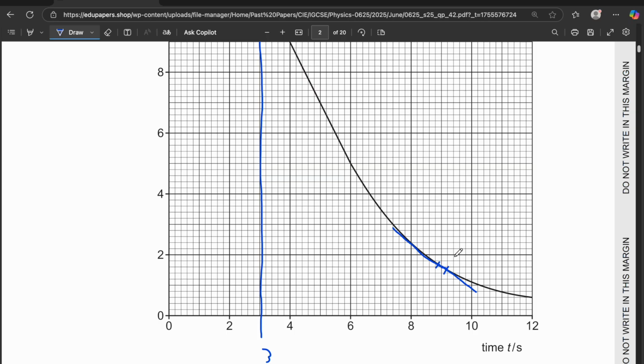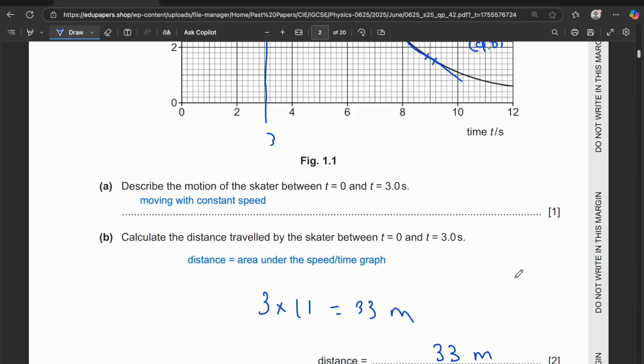So it has to be accurate, right, with the ruler, a straight line. But this is an approximation. For my line, I get some point like 8, 2.4, and then the longer the line, the better it could be. So I'll take this point where 9.8, 1. So to find the gradient, right,